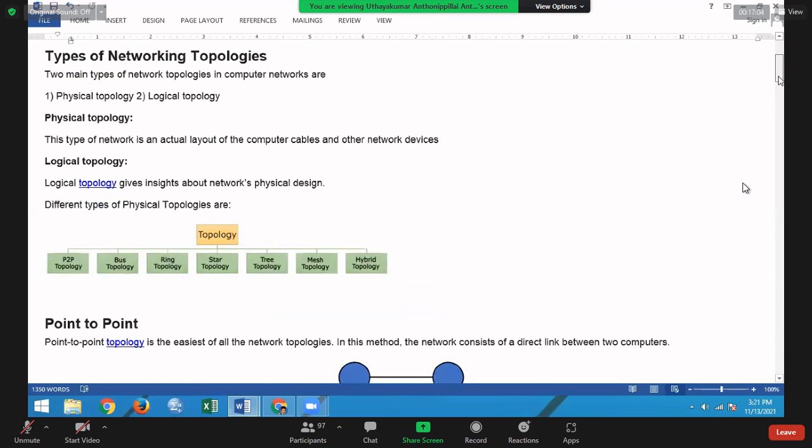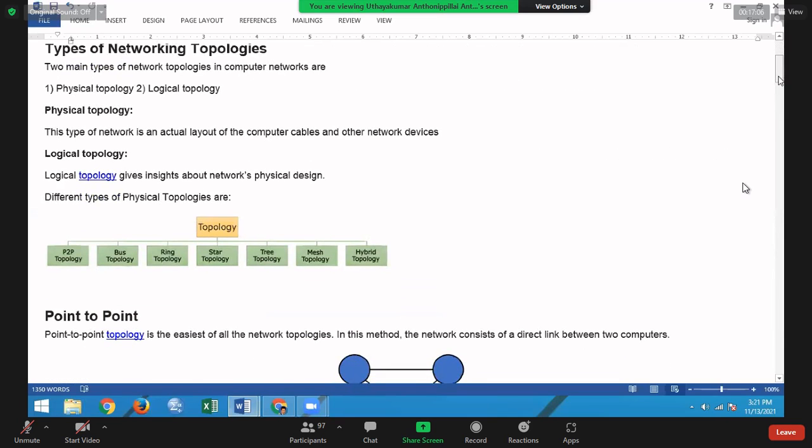Physical topology is the actual layout of the computer cables and other network devices. Logical topology gives insight into the network's design.